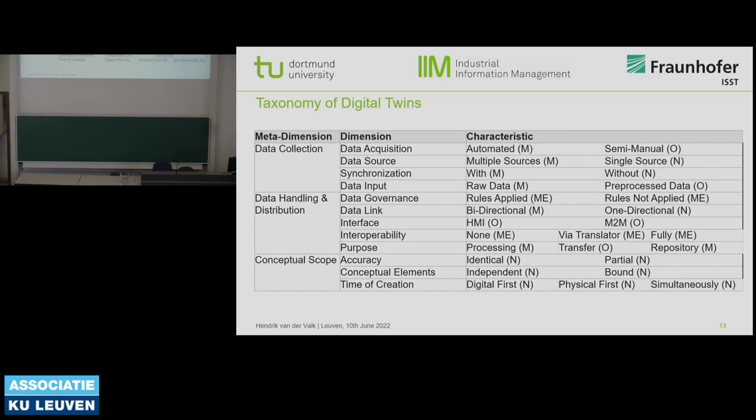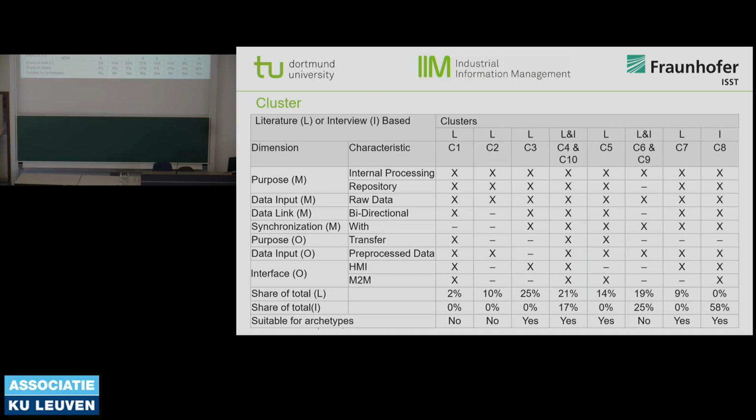Into this taxonomy, we sorted 250 digital twins, 230 coming from research and literature, and 15 coming from the industry. And each twin was configured otherwise, but we were able to gain some clusters. In total, we got 10 clusters using our studio, and as you can see, if we are looking at the